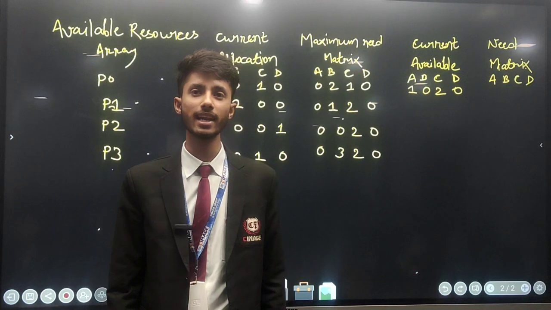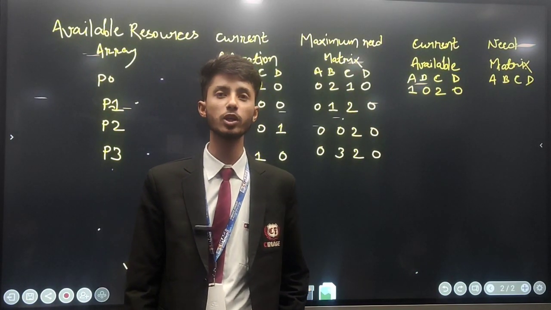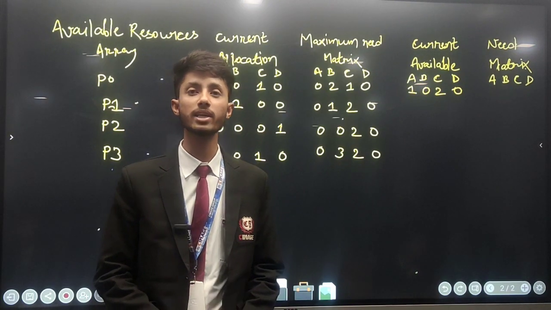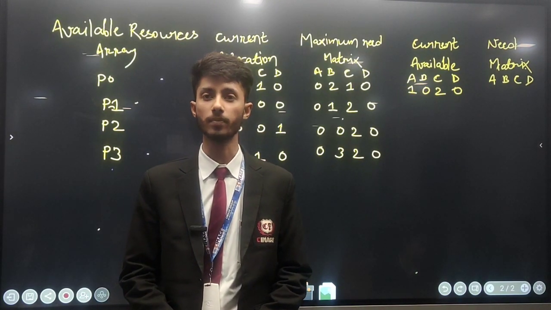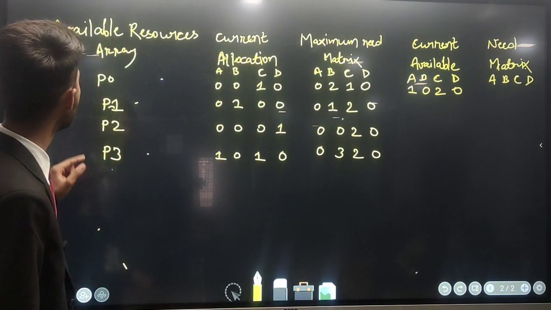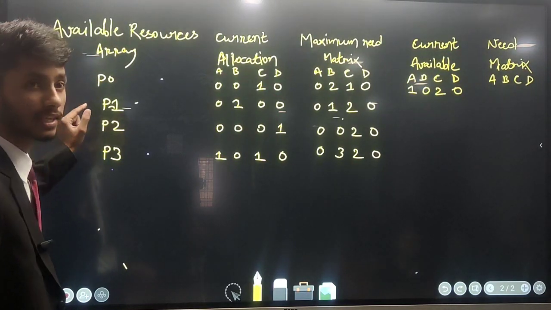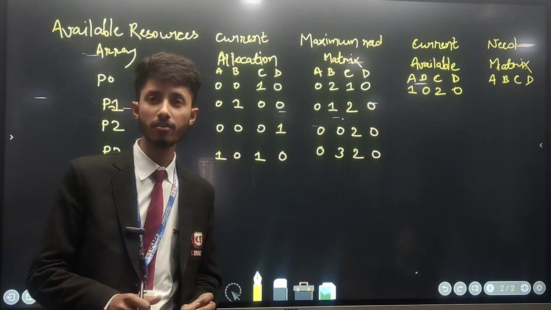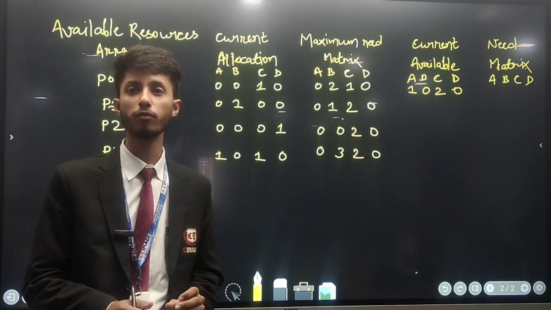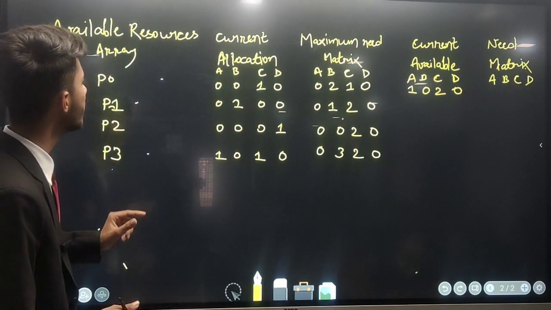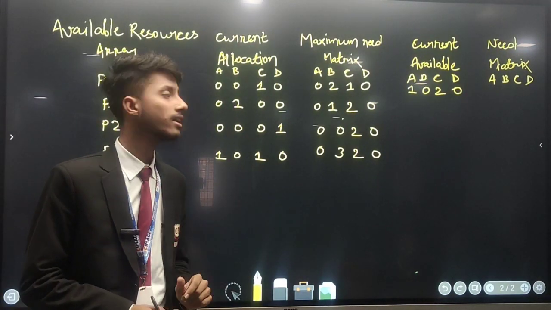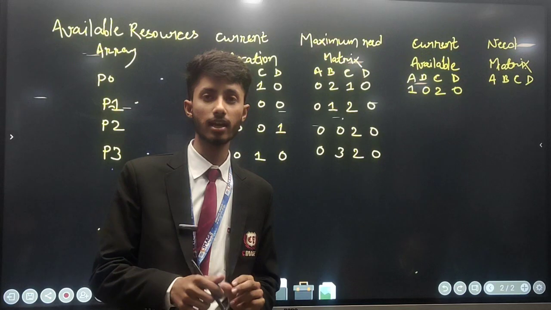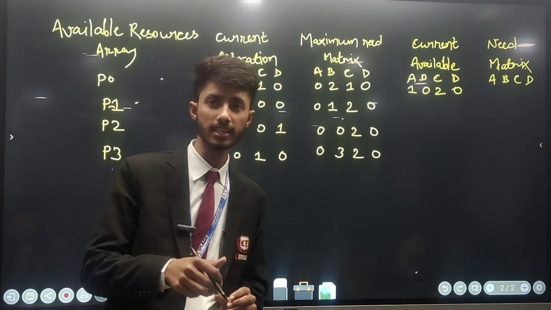And in today's class of operating system, I am going to discuss with you what are the matrices required for implementing Banker's algorithm. As we all see here, I write available resource array. An available resource array stores the current available resources of each type of process. Okay, and then I write current allocation, as current allocation stores the matrices of resources that are currently allocated to